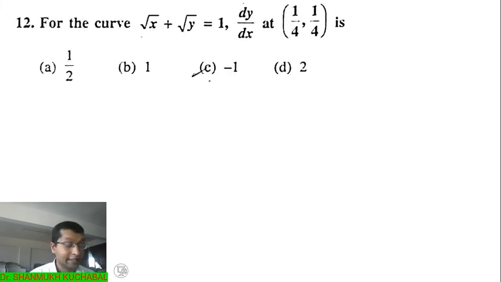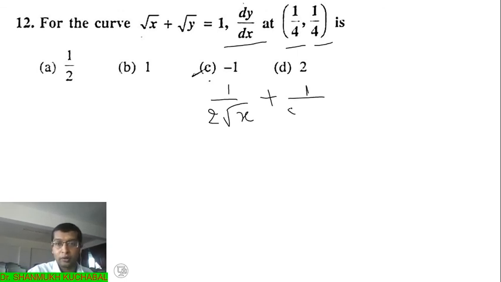Now we'll move to example number 12. For the curve root x plus root y equals 1, here we need to find the differentiation of y with respect to x. Further, we have to take the value of x as well as the value of y as 1 divided by 4, and whatever solution we get, we have to find among these 4 options. So now differentiating, root x differentiation is 1 by 2 root x, and root y differentiation is 1 by 2 root y,